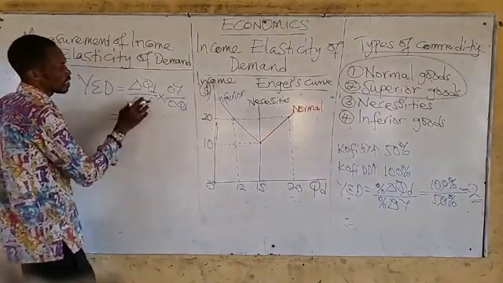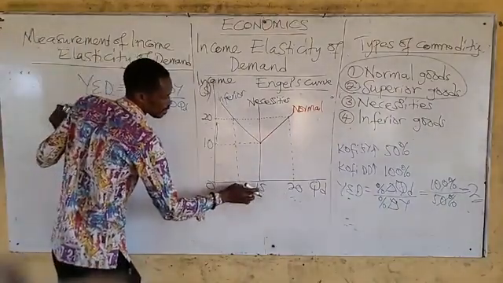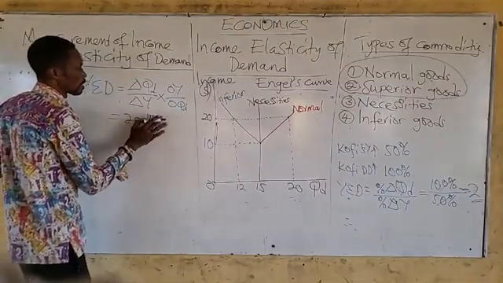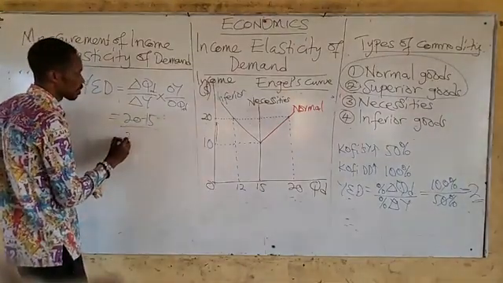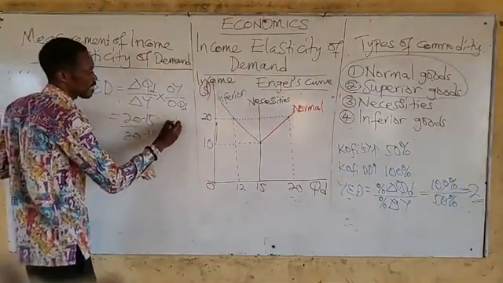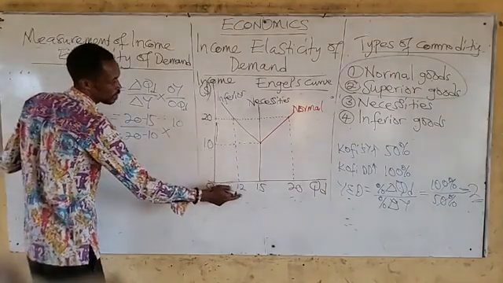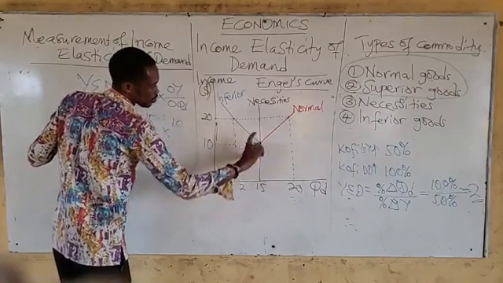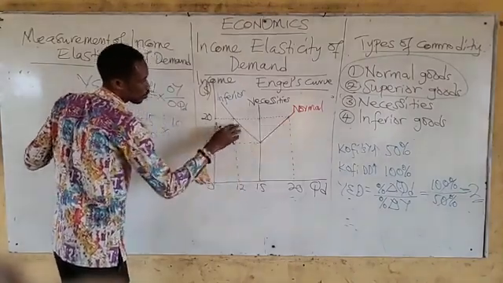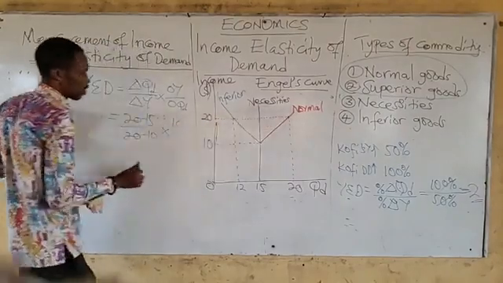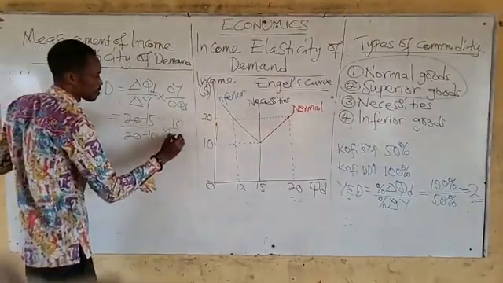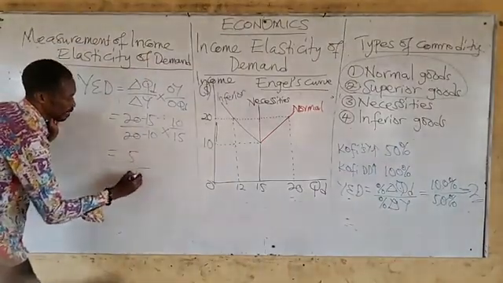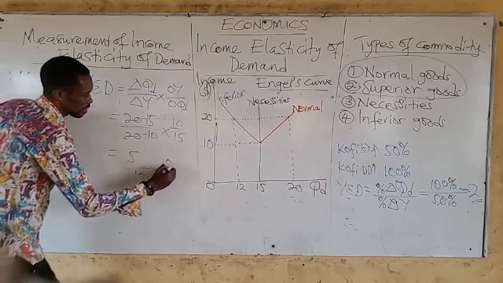Alright, so the change in the quantity is from here to here. So that will be 20 minus 15, all divided by change in income, that will be 20 minus 10, times 10, which is the original income, divided by original quantity, which is this one. We are referring to only the red portion. So we are taking care of this point to this. We are not talking of this line and that line, only the red one. Okay, so divided by 15. So this will be 5 divided by 10 times 10 divided by 15.